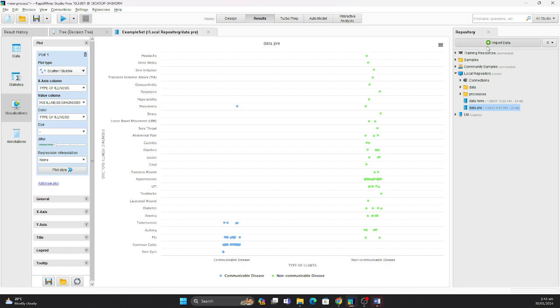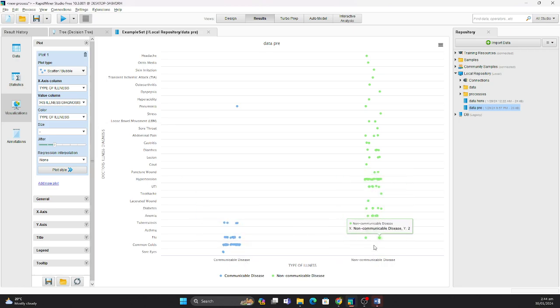We import it here in the repository. We used a scatter bubble chart to visualize the data. The x-axis column is the type of illness, the value column is the doctor's illness diagnosis, and the color is the type of illness.